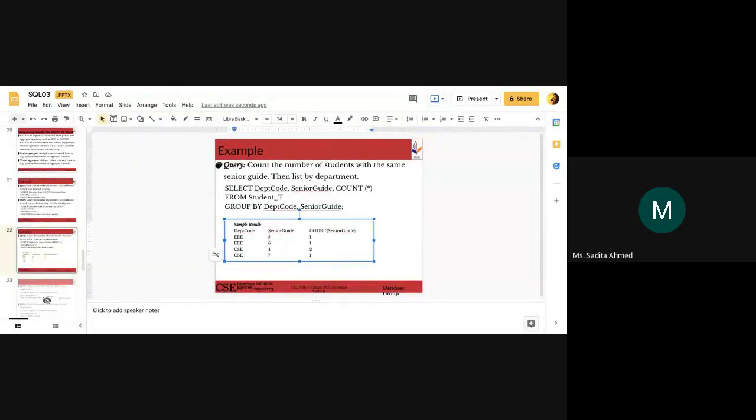Next, within the same group there's another row with a different senior guide value 6. So since it's listed as one of the attributes in group by, এটার senior guide value basis আরেকটা group create করা হবে। So the second group will contain the row where senior guide value is 6, single row. And since it's a single row, in that group as well the count will return 1, একটাই রো পেয়েছে এই গ্রুপে। And then CSE এর বেসিসে গ্রুপ করা হবে, ডিপার্টমেন্ট কোড ভ্যালু CSE এর বেসিসে গ্রুপ করা হবে।